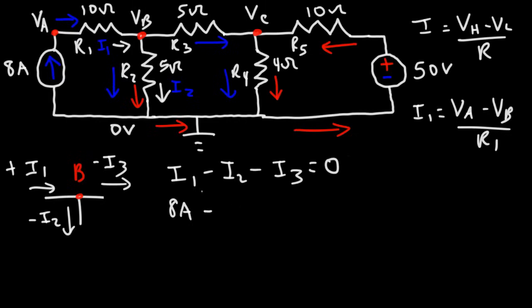So, it's going to be minus. The high potential is VB, the low potential is the ground, that's across R2. So VB minus 0 is just VB, divided by R2, which is 5. And then I3,